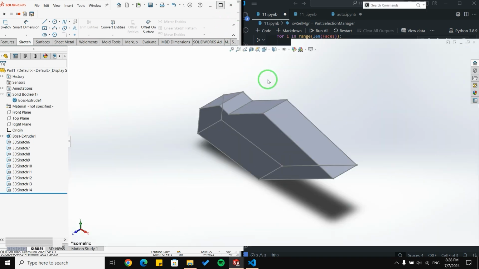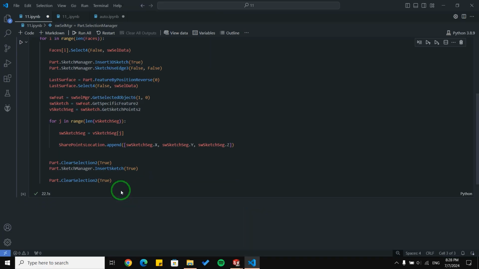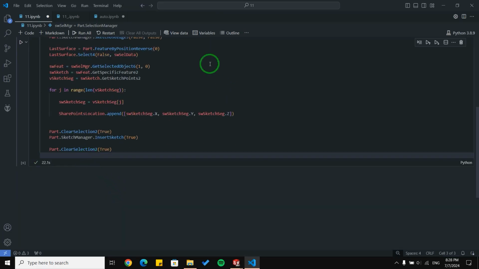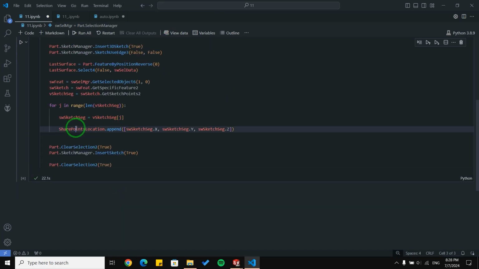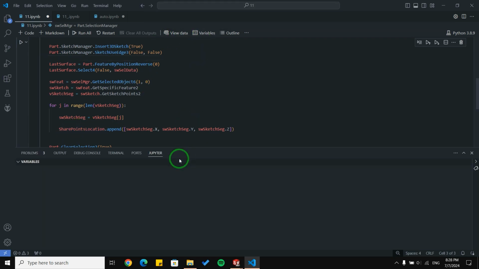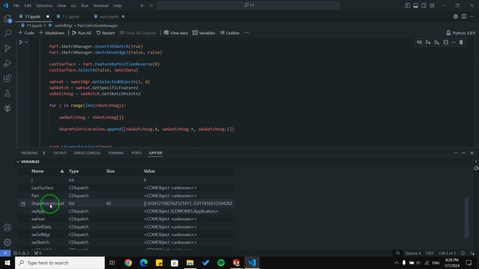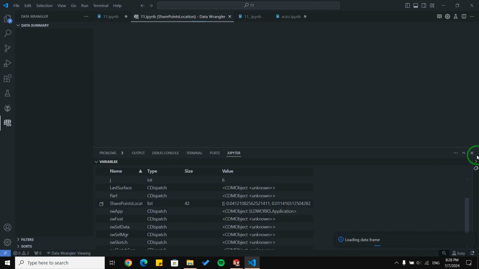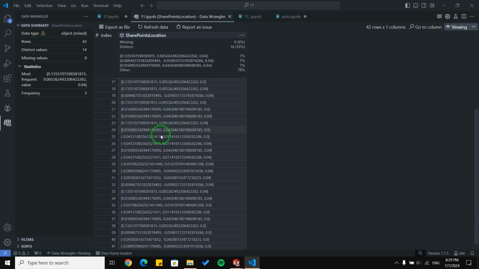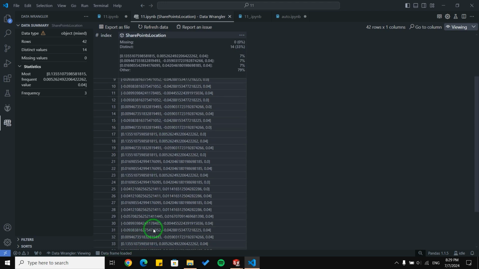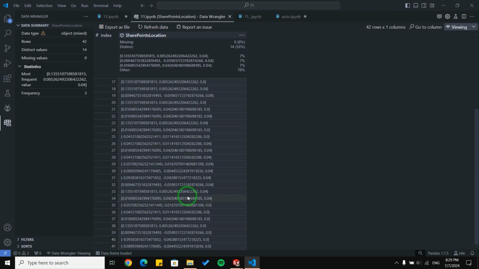Okay, let me rearrange them another time. And now we are able to see SharePoint location. Let me show you SharePoint location here. As you can see, we have 41 points here, or 42 points here.